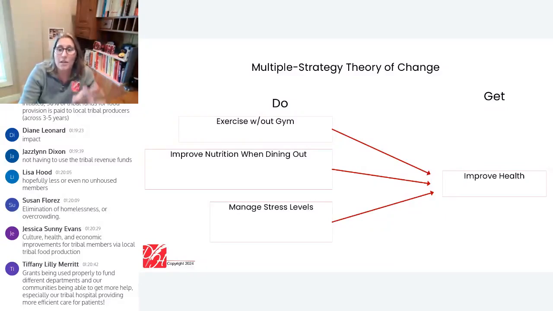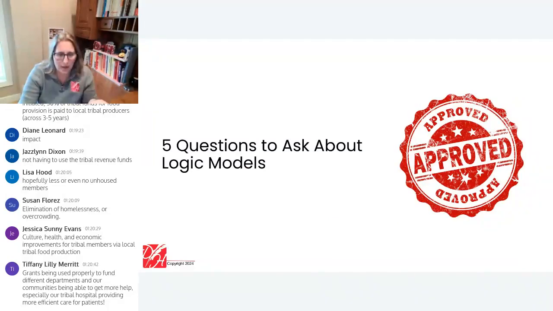So having a theory of change pre-agreed upon by your organization gives you the chance to build that as an overall message in your application regardless of structure. It becomes kind of like your red thread throughout the entire application. Your program logic model, there are some questions that might come up from your grant reviewers when they read either your logic model document itself, if it's a visual attachment, or if they're reading the narrative version of those questions.